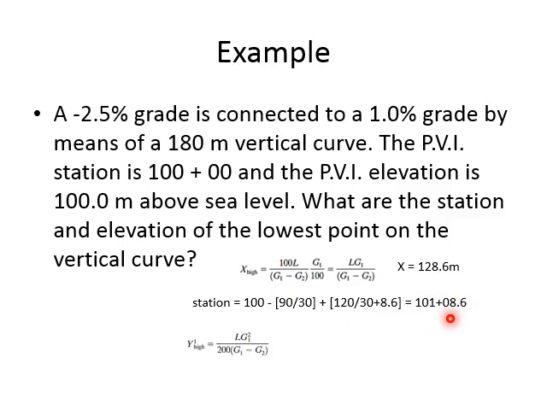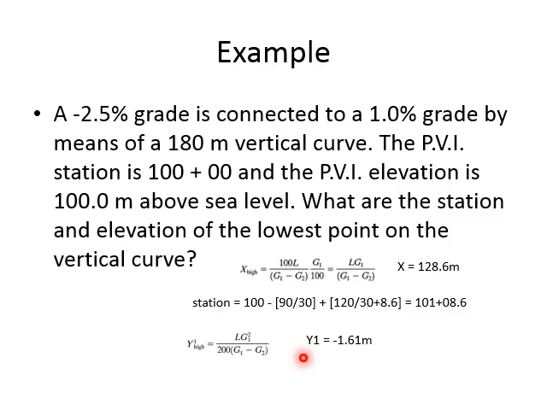Then for the elevation, first of all I will find the difference in elevation between the lowest point on the curve and the BVC, that is y1. I already have the things here. So y1 comes out to be minus 1.61 meters. Now why is it minus? Because it's a sag curve, so you are calculating the lowest point, which is below BVC. So the minus sign represents that you are going down, so you have to subtract to get the elevation. Again, this is y1 from BVC.